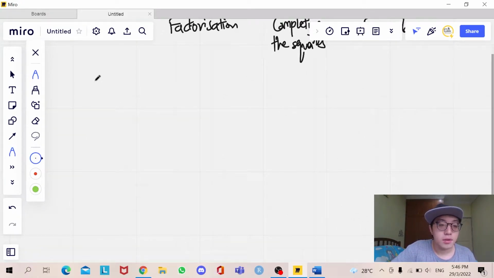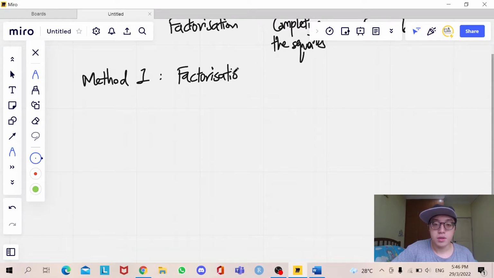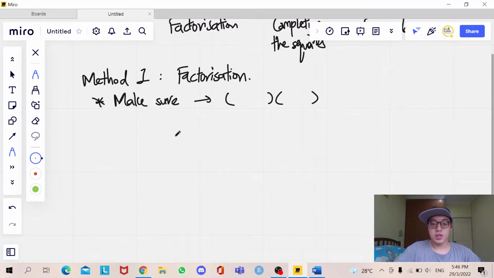factorization. So method number one, factorization. For factorization, we must make sure that we can make them into two brackets. So for an example here, we have x squared minus 5x plus 6. In order to check whether this quadratic equation can transform into two brackets, we will